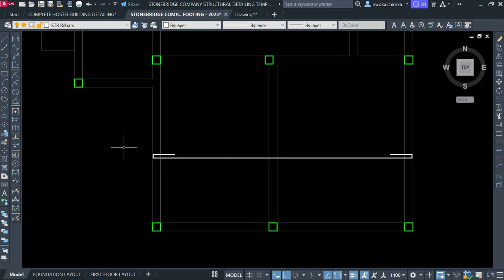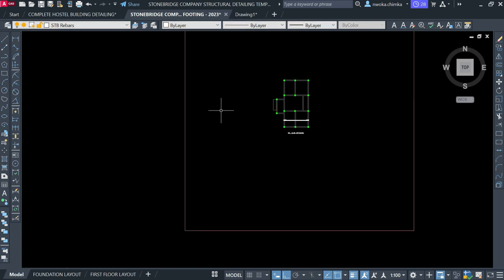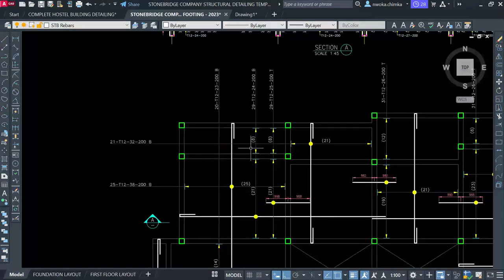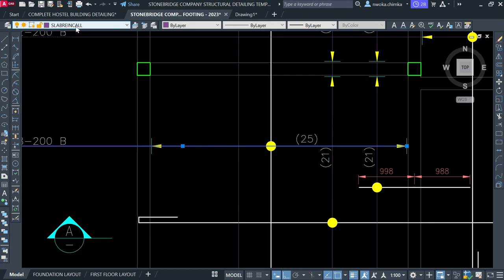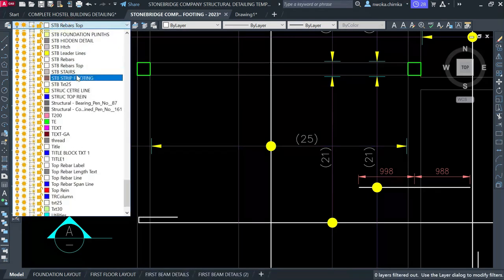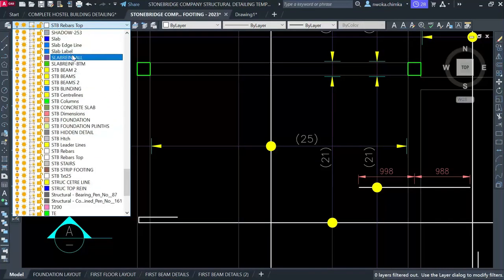horizontal bar, as you can see it here, which is running from this point to this very point here. So right now I'll show how this bar is running. So this bar is running from here. If we check out this sample here, they are using their call out lines to be this color, which simply means slab rebar, as you can see there right now. So I'll come here and change to slab rebar, which is just up here, slab rebar, and